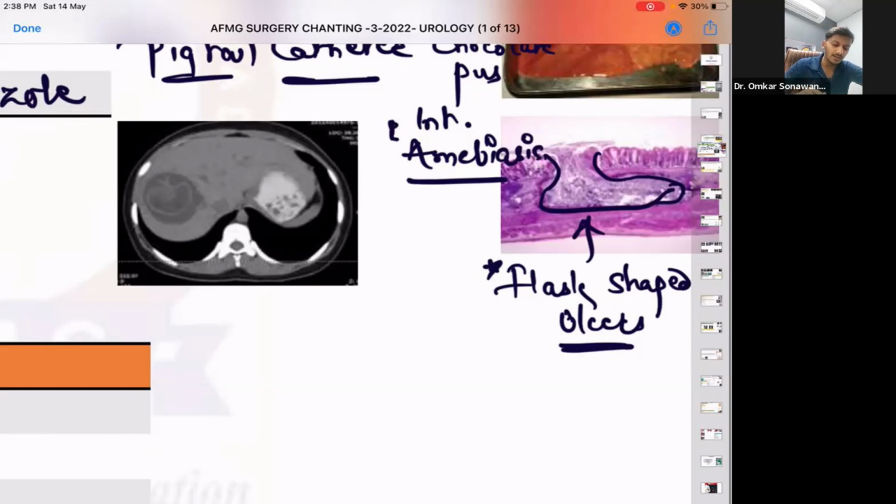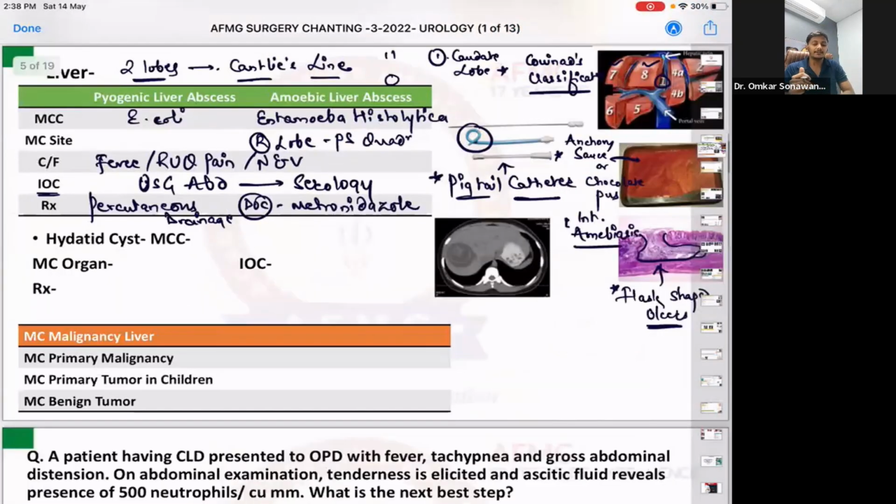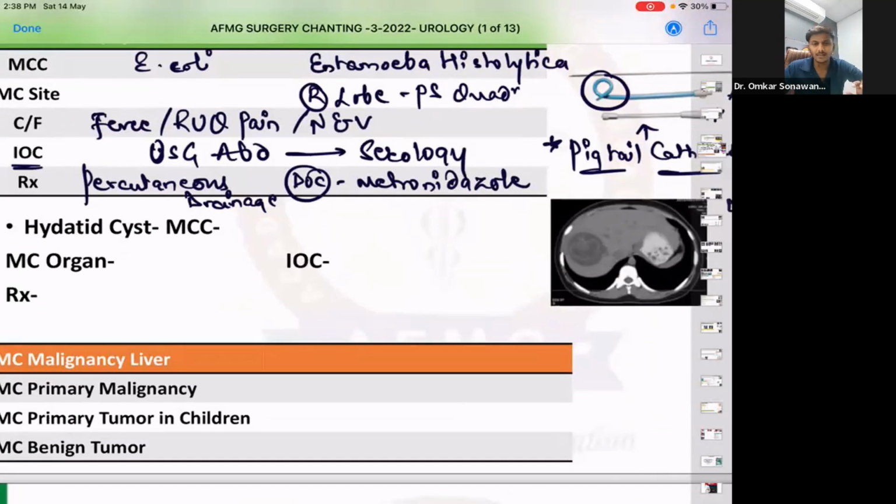Then if I talk about the next condition, that is hydatid cyst. So please remember, somebody was asking about pregnancy. In pregnancy, if we need to avoid metronidazole, we can give other drugs like ceftriaxone. So these are safer, broad spectrum antibiotics would usually be given to the patient. If I talk about hydatid cyst, the most common organism responsible for hydatid cyst is known as